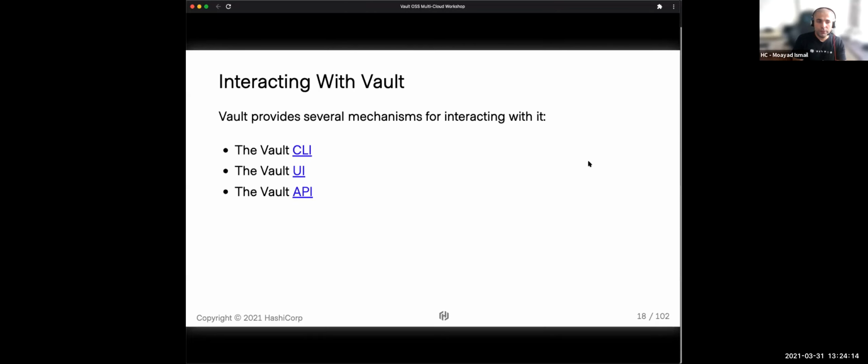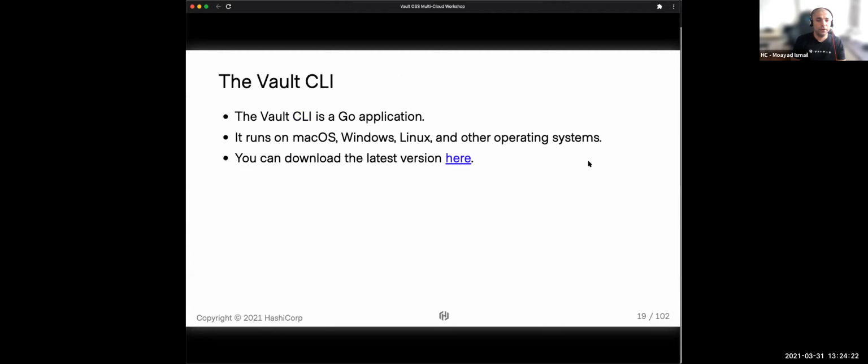So how do we interact with Vault? There are three ways of interacting with it: by the CLI, the UI, or the API. And the Vault application itself is written in Go. It's a single binary, and the Vault CLI is lightweight.